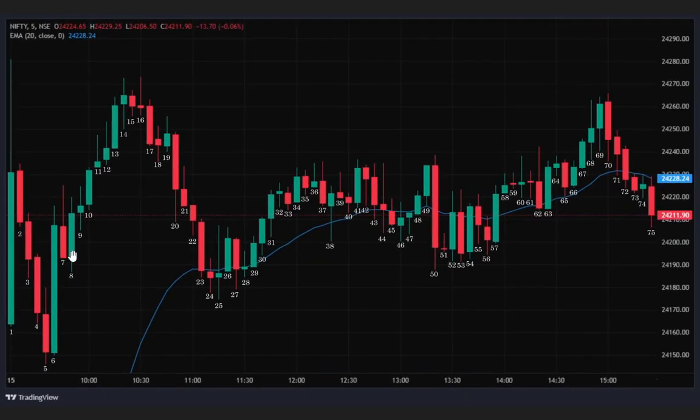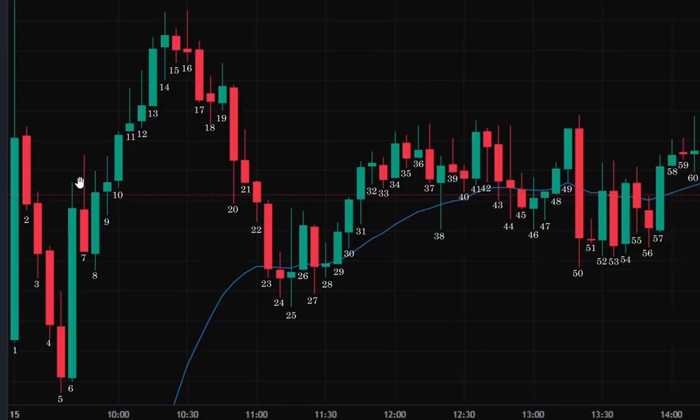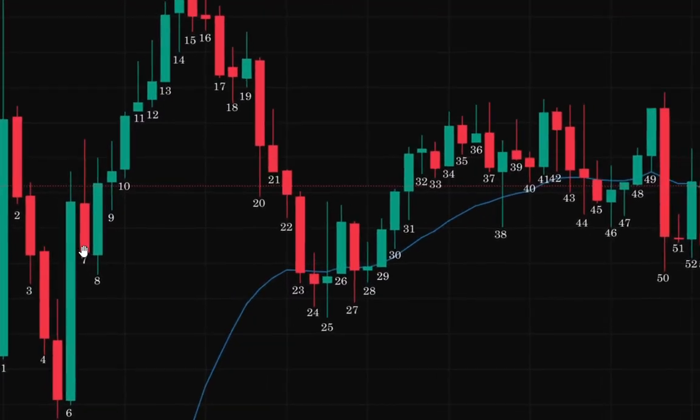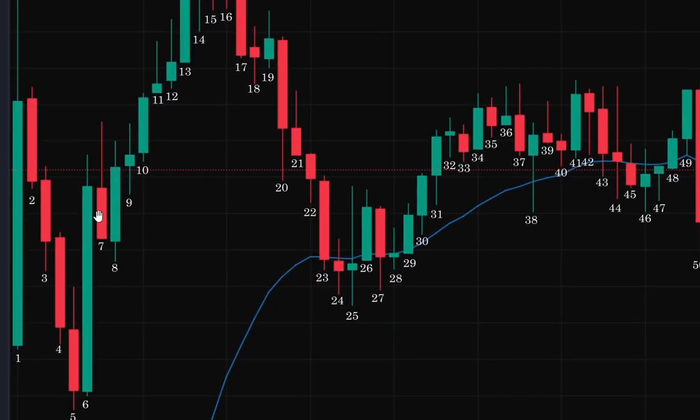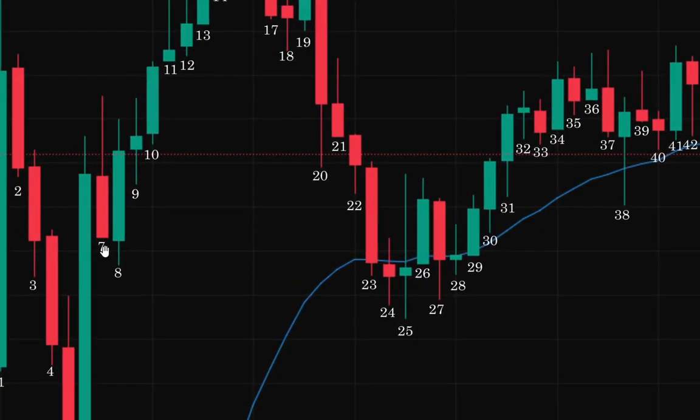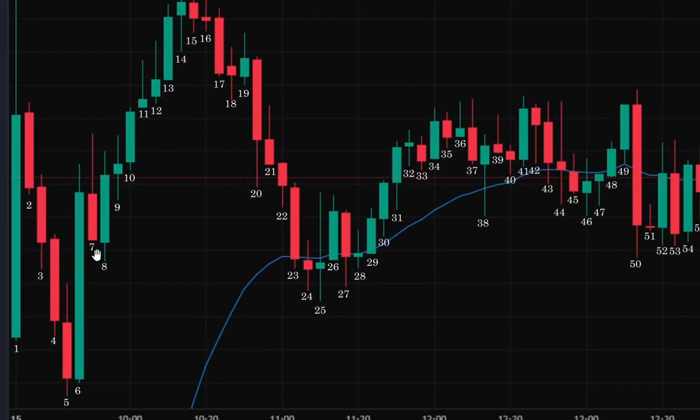So as you can see, from here after 1, 2, 3, 4 there should be a pullback, but what happens on bar 6 is that it reversed and gave me this bar 7. Now this can be a pullback, but because bar 6 is such a strong bull bar, there is no point. This can be a sell setup at bar 7. So I have taken a trade, I think.